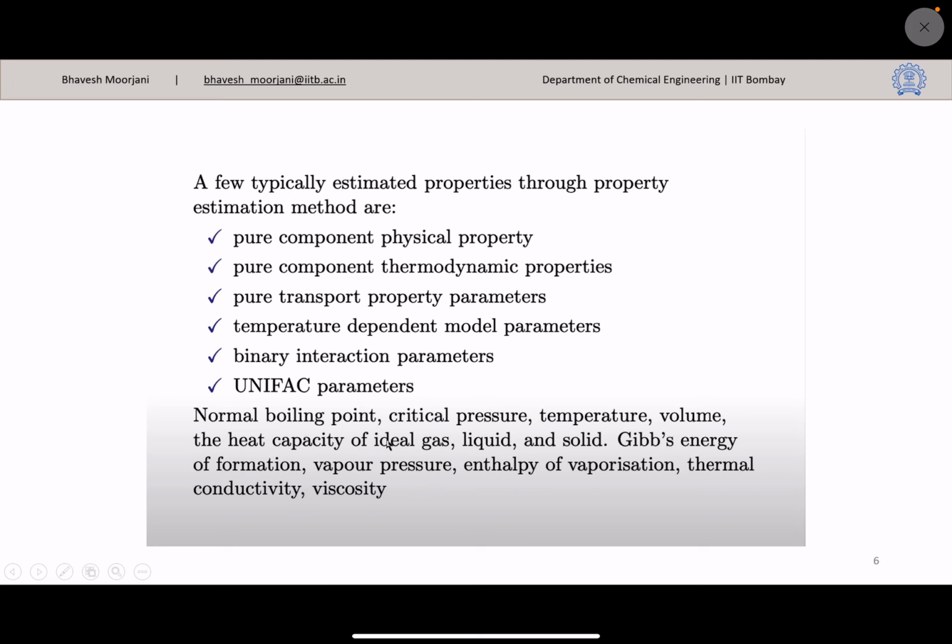Again, I'm not going into much of the theoretical detail. Rather, we will just start with some problem solving. For the regression part, Aspen Plus has some libraries already available, which are NIST, TDE, and DECHEMA.